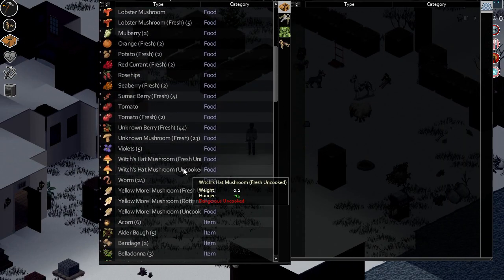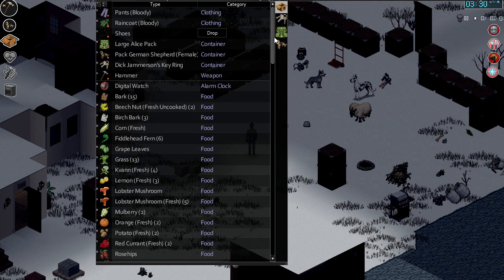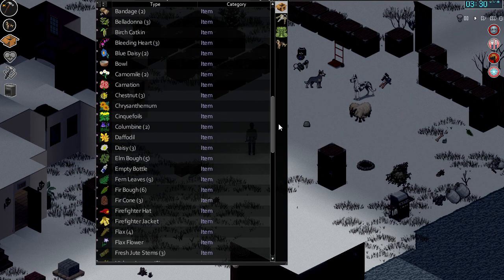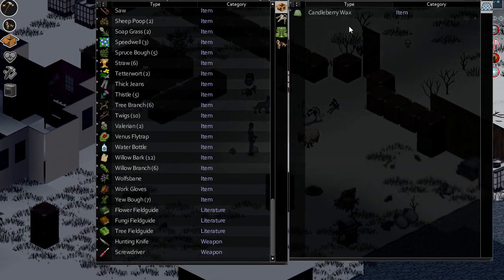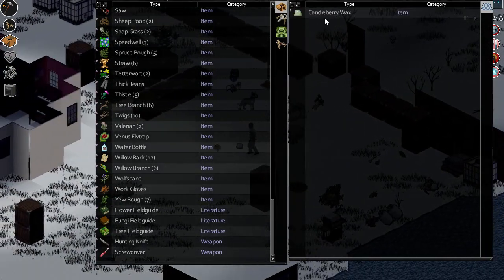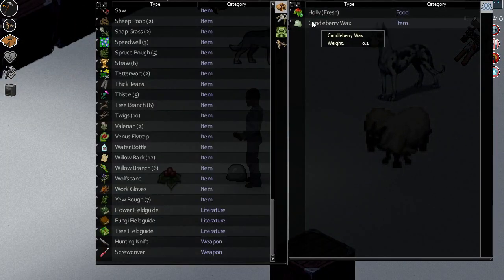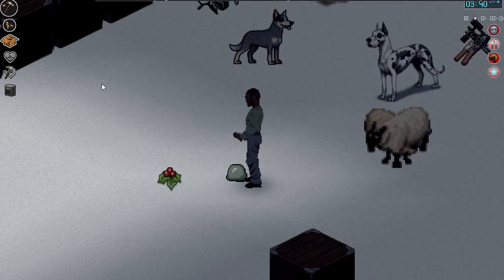I believe. Come on, where's our Candleberry wax? Where is it? Where is it? Richard! It's an item, surely it's an item. Where is it then? Where the fuck is it? I made it, didn't I? Did we drop it on the floor? Shit, we did. Oh no, hell no. What? Are you telling me? No. Did we only make 1 unit of this? From 5 candleberries? Is that it? So we need 10 candleberries just to make...